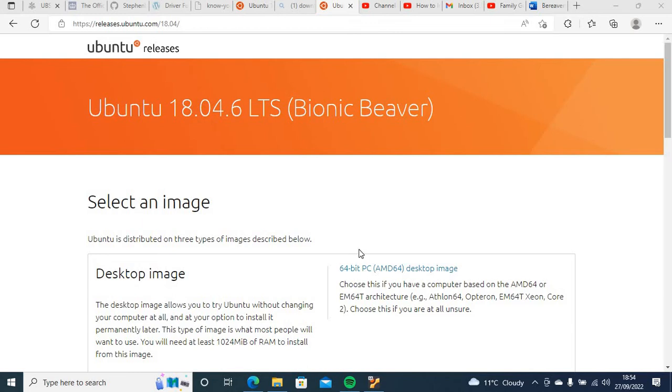So this is the continuation of the previous video. In the previous video, I showed you how to install VirtualBox on your Windows. So in this video, we are going to start installing Ubuntu 18.04. So without further ado, let's get started. So this is the Ubuntu 18.04